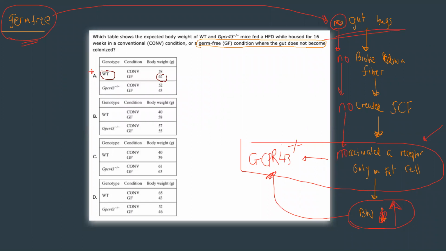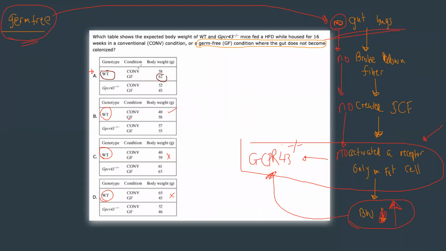Then I would go on. Would you check the GPCR in the same graph or no? This is a great question, right? Great way to ask. So here's two ways of doing this. For everyone that's looking at questions like this, and you're trying to think, how do I go through it without confusing myself? One way to do it is to say, okay, let me look at all the wild types, and let me just compare with one variable. When I had a germ-free environment, I expect the lower number to be bigger. That checks out. That does not check out. That does not check out. And so what I did there is I only focused on one wild type under one condition.